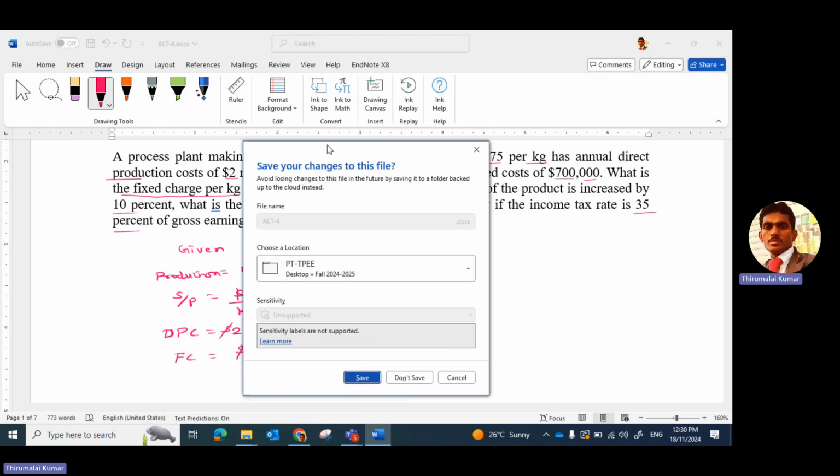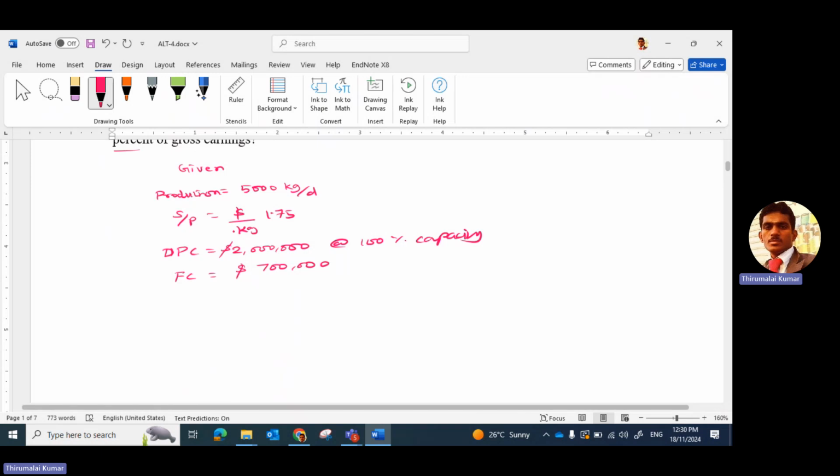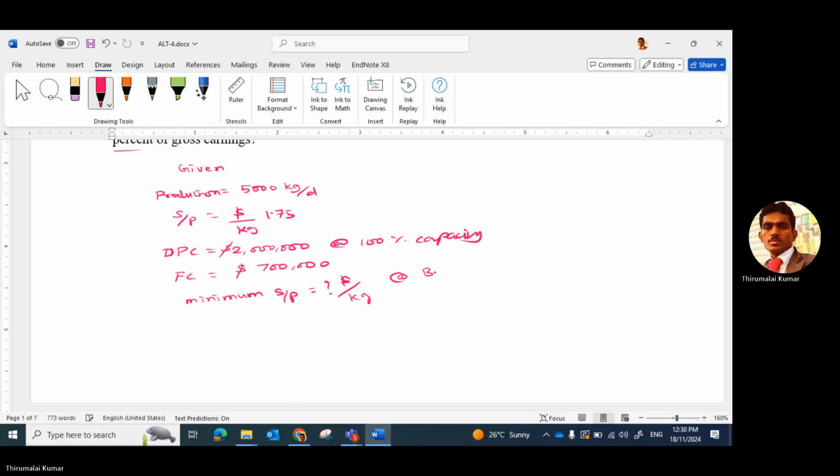The question is, what is the minimum selling price per 1 kilogram? How much is the minimum selling price at break-even point? Whenever we want to know the minimum selling price at break-even point,